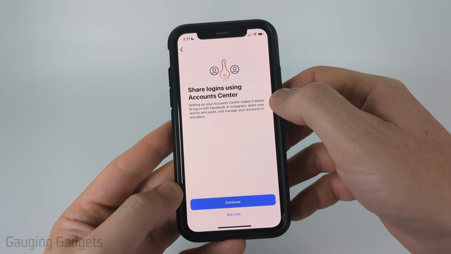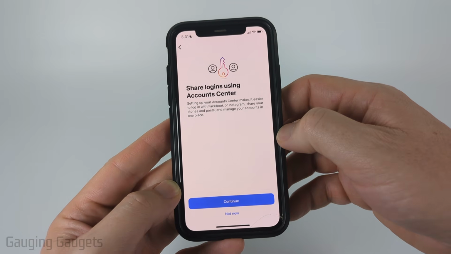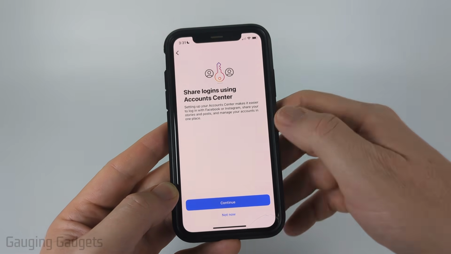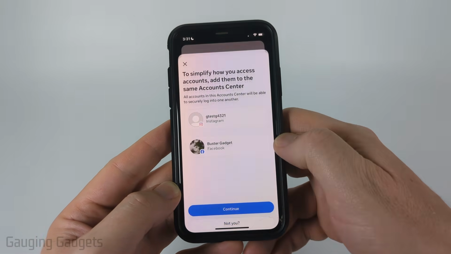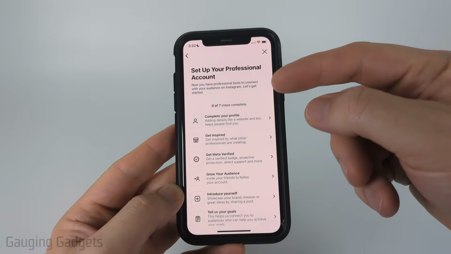Then I recommend sharing logins using Account Center. This will make it a lot easier to manage all of your accounts in one place in the Account Center. So select Continue. Once you do that, it'll bring you to set up your professional account, where it gives you